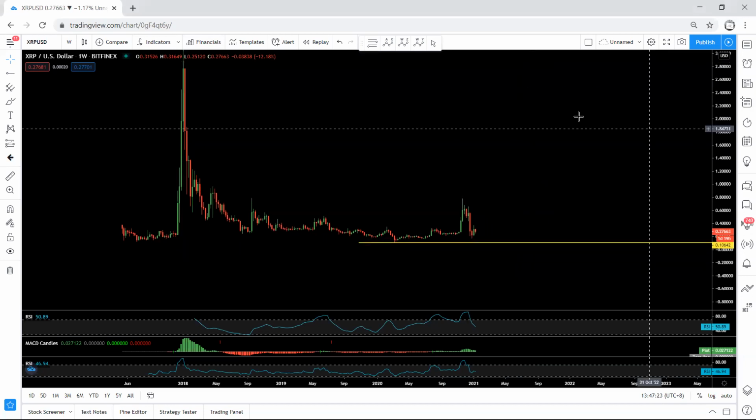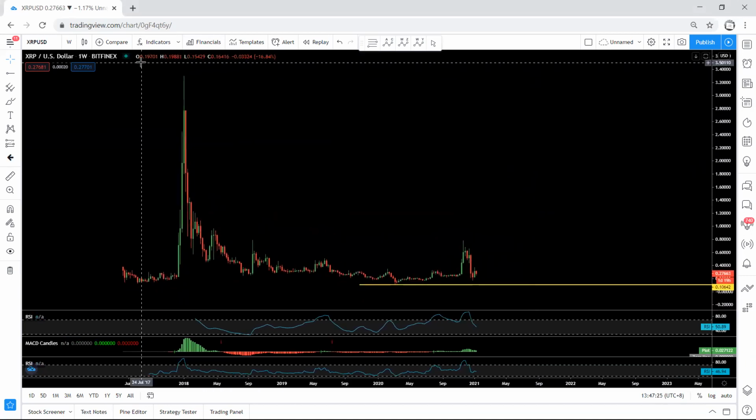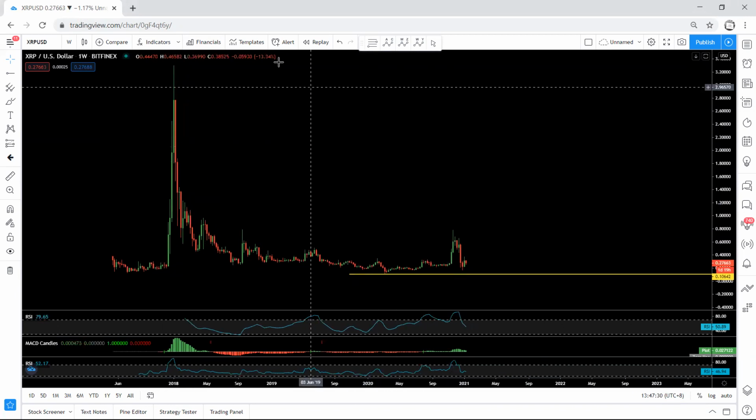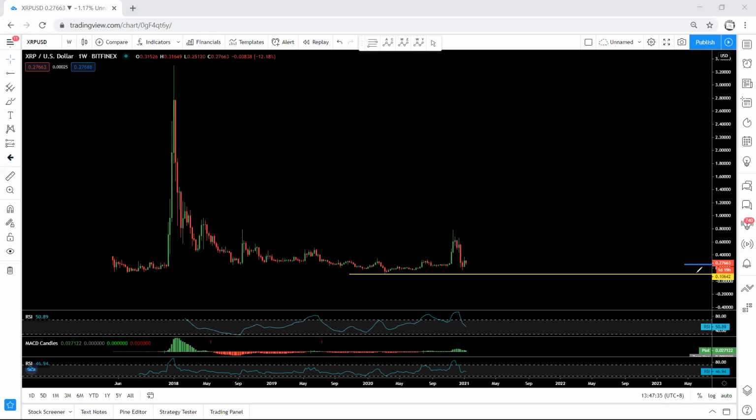before for the XRP was, now based on Bitfinex, 3.3. That means any buy we get, whether the price is around 30 cent or 27 cent or 10 cent, anywhere we get the buy setup and the price starts the uptrend, we don't expect 3 USD at this time. Even if the price comes to 1 or 2 USD, it can give us a very good trade in terms of the risk and reward. That's why we can look for a buy for the XRP. Again, we don't care about the news, we just follow the technical analysis.